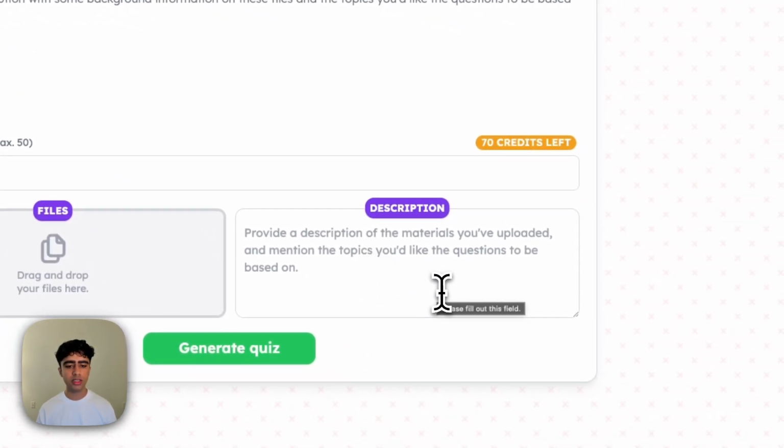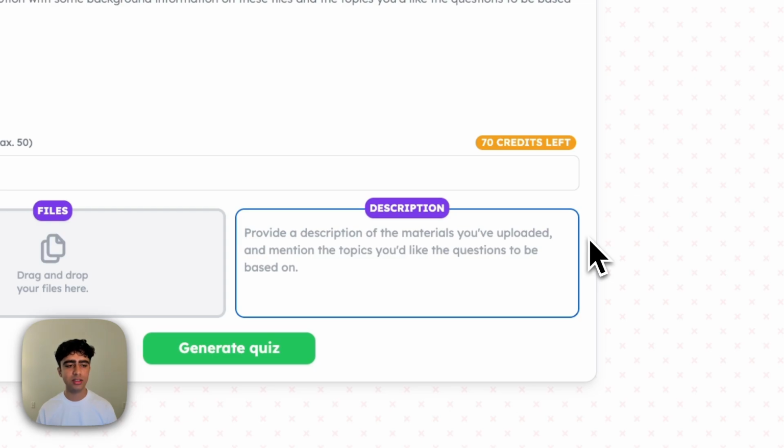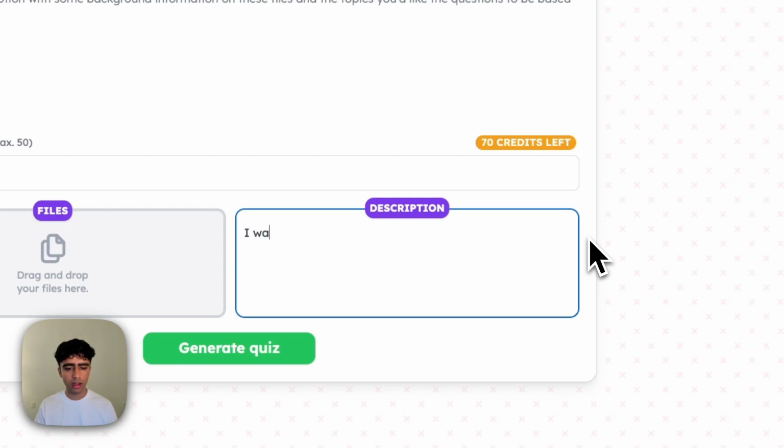Now, all I need to do is give a short description to guide Aziggy's quiz making process. So let's say, for the sake of this example, I'm a teacher who just did a unit on the history of cars, and I want to make a quiz on this. So I'll say, I recently